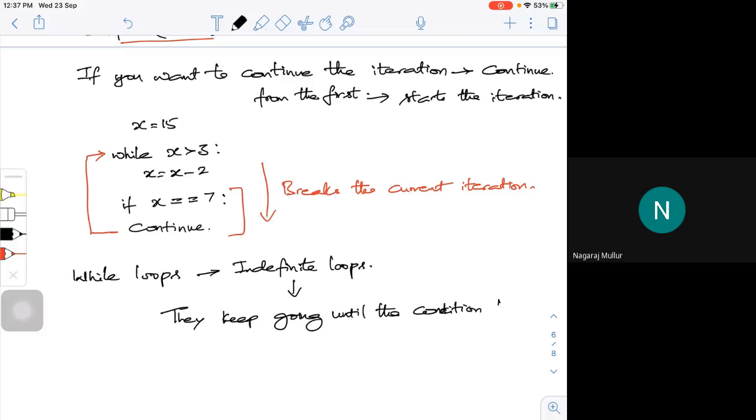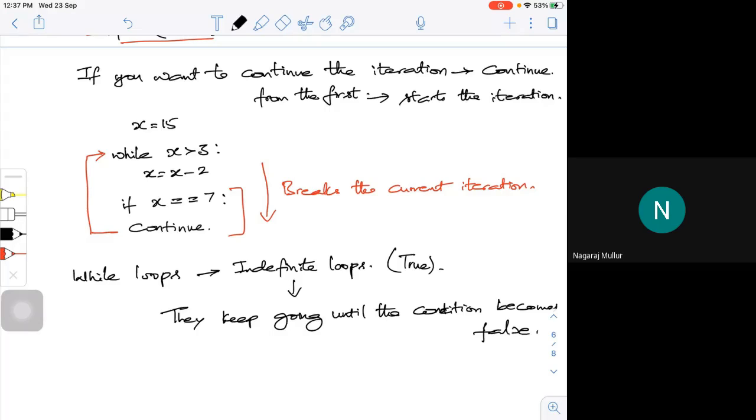The while statement works as long as the condition is true. For example, as in the previous example, x is equal to 10 or 15, so x is greater than 0, then 14, 15, that's true, and it keeps continuing.